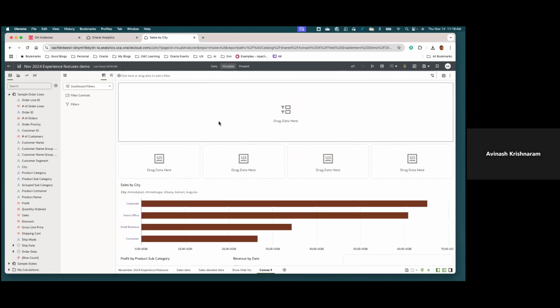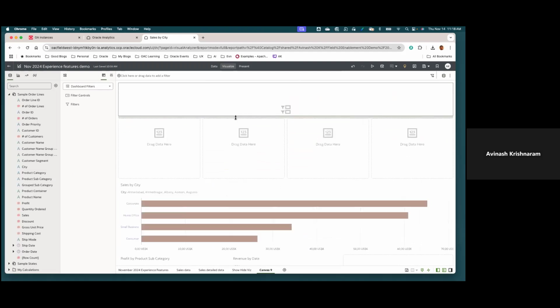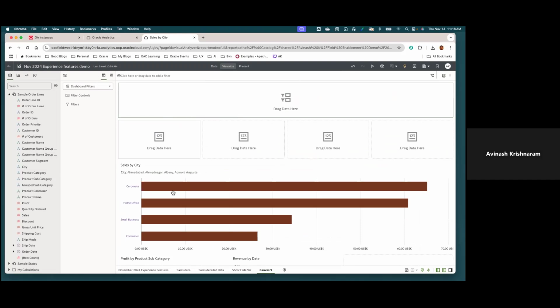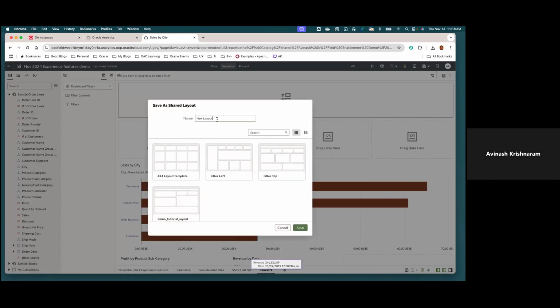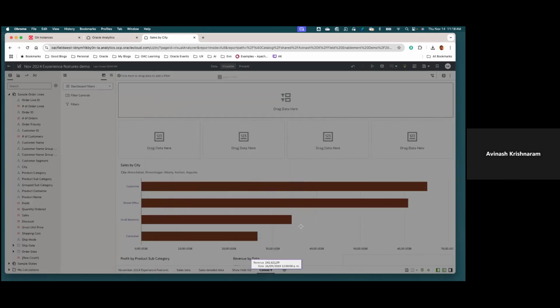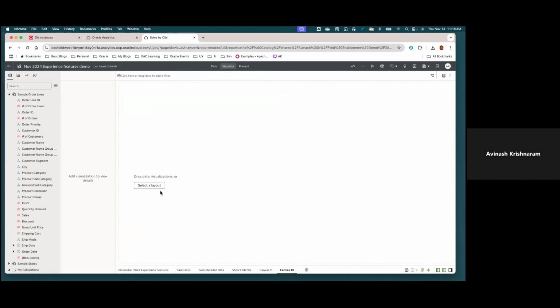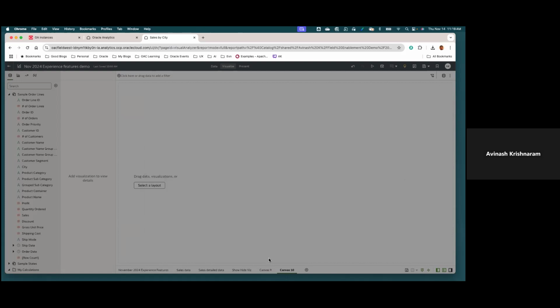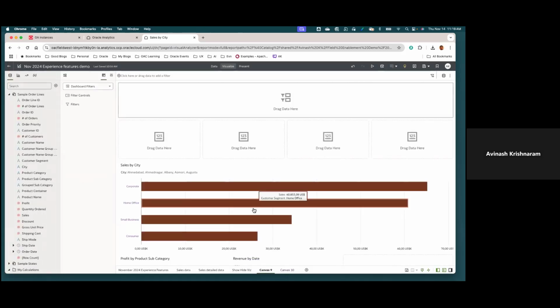So let's say that I want to change the orientation of this dashboard filter to the top section. I can continue curating my canvas, and because I have the fine-grained permissions assigned to me, I can also save this as a layout. I'm just going to call it demo. When I click on save, this layout becomes available to all the users in that instance. So this is the layout that I just created. Layout provides a very simplified author content curation process.